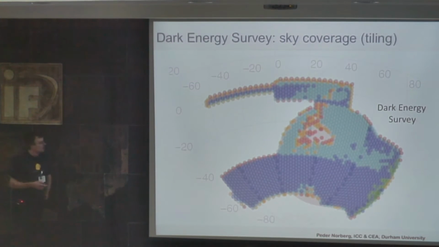I like this one for the shape of the survey. This is the Dark Energy Survey, tank, I would call it. It's the tiling of the survey. Now, you wonder, who on earth came up with this brilliant shape of a survey? No theorist would, I can guarantee that. But there are very good reasons, absolutely fantastic reasons. For example, here you have very, very good data to allow you the calibration. That was definitely not as visible or as good for the rest of the survey as the southern part.